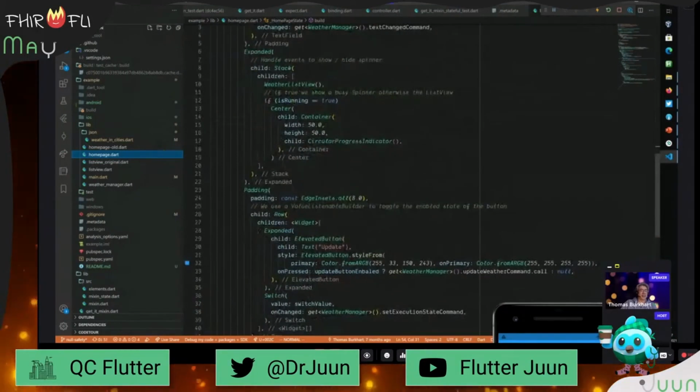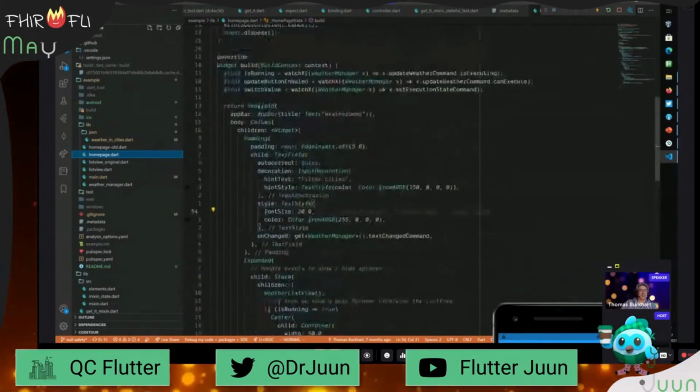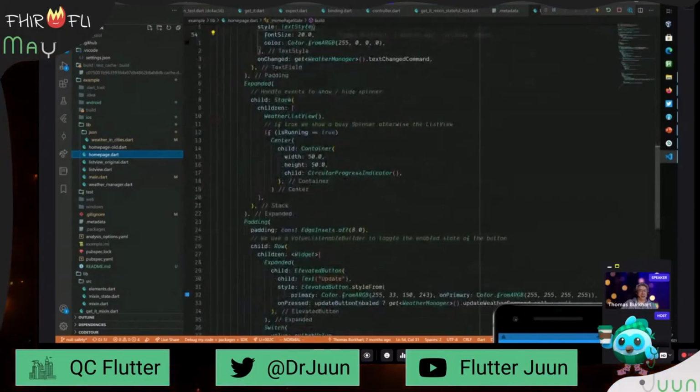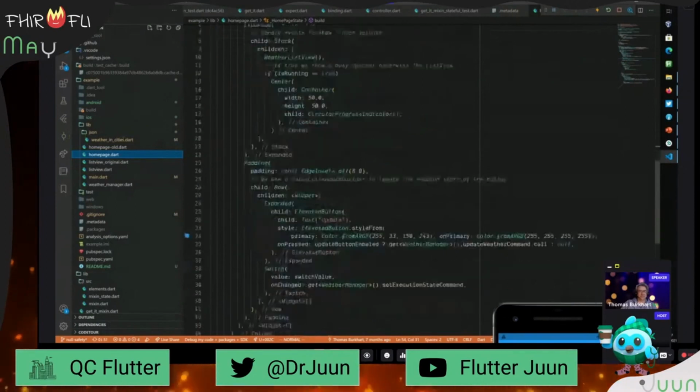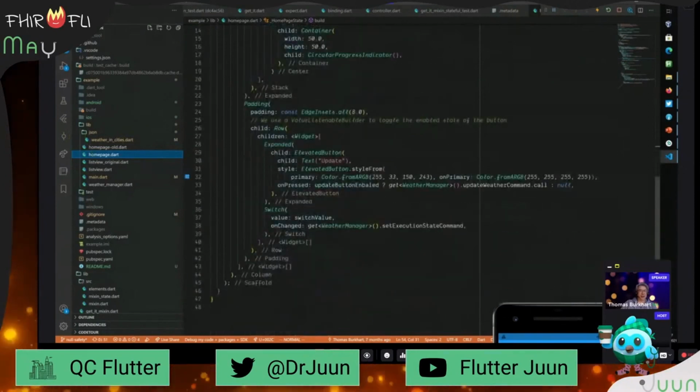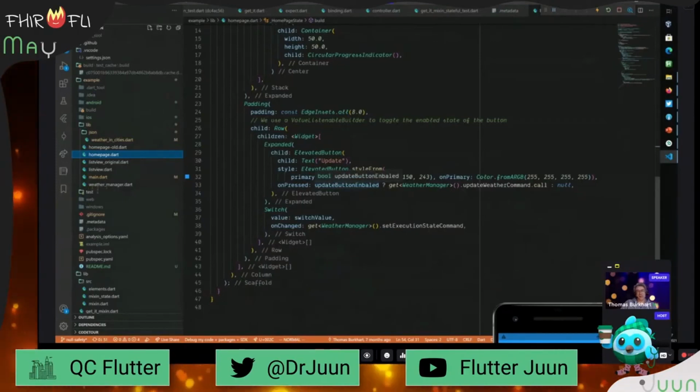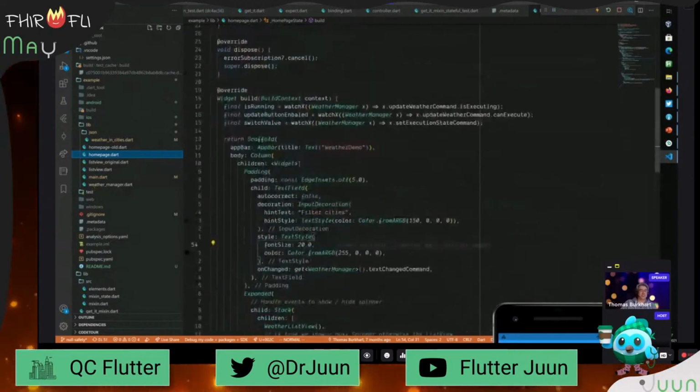because we have the isRunning. We can display our circular progress indicator with a simple if inside here, and we have the button, and in the onPressed, depending on the button being enabled, oh, typo, which we get here from the canExecute,